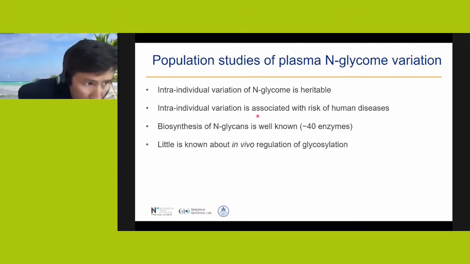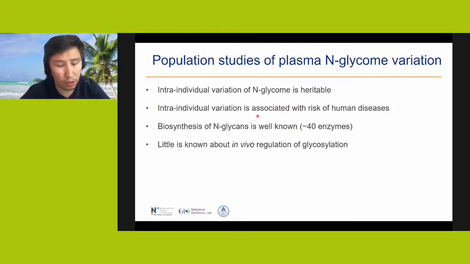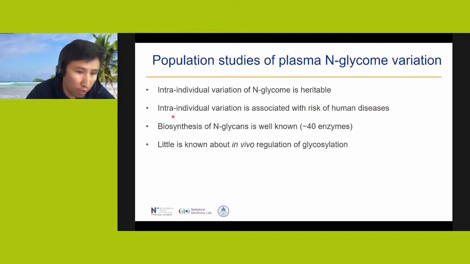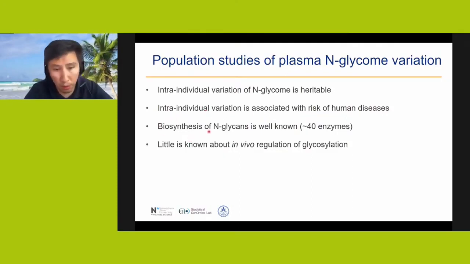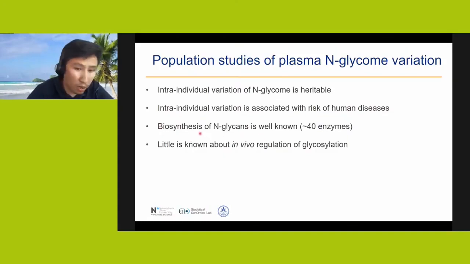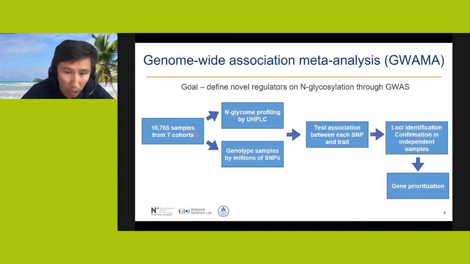And partially, this is caused by the fact that, as Yuri told, from a biochemical point of view, the biosynthesis of N-glycans is well known. However, very little is known about the in vivo regulation of this process. So in our study, we aimed again to define novel regulators of N-glycosylation of blood plasma proteins by doing the